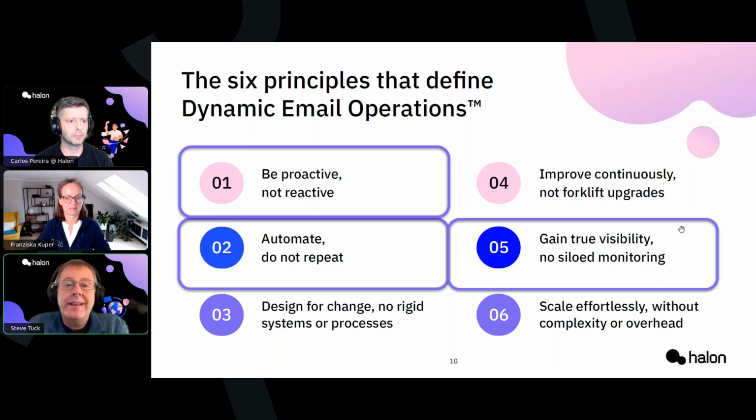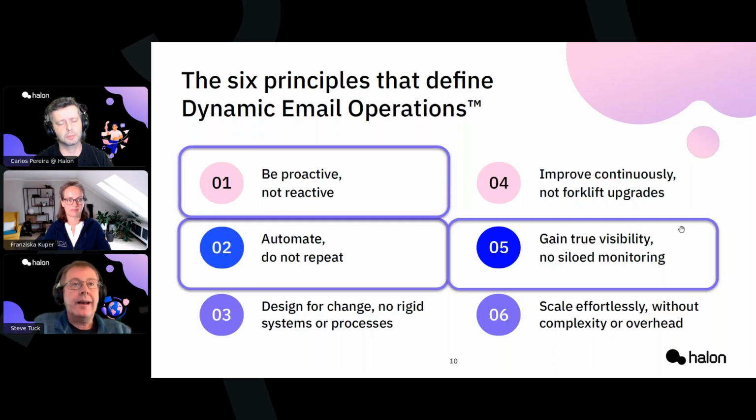Thanks. So we can actually measure the usefulness of the IP warmup component by comparing it against the 6 Halon core principles. And there are actually 3 of these that apply. The first one is to be proactive, not reactive. And this comes from effective automation that enables you to safeguard your service while also sleeping easily at night. And you can reduce your manual triage work and escalations.